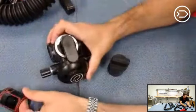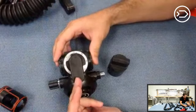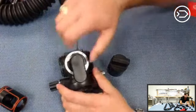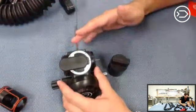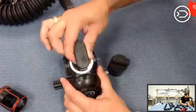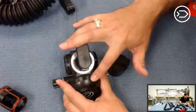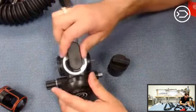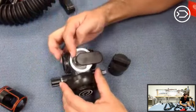So, an example here. Right now, the position that I have the unit in is open circuit mode, with the gas feeding from the bailout valve. Now, if I have it in this orientation, I'm breathing directly from the loop. Then when I push the button, that allows me to rotate past, and now the loop is closed. I'm breathing from the bailout valve feed, and the ATV is also being fed from here. So when the button is at the 9 o'clock position,